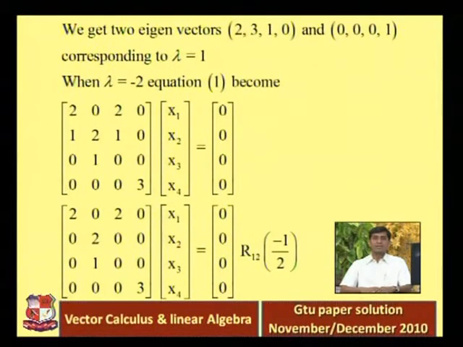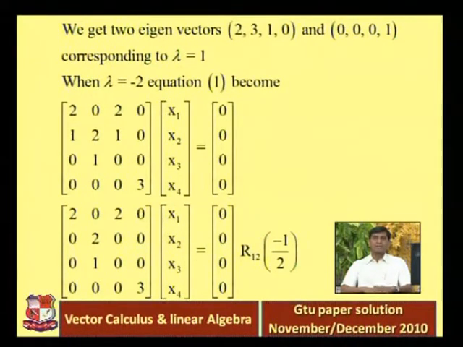The first row is as it is, second row becomes 0, because actually you have to multiply the first row with minus 1 by 2 and add into the second row. That will become 1 minus 2 into 1 by 2, right? The first element is 1, so 1 minus 2 into 1 by 2, so that's why 0. Then 2 is as it is, 0, 1 minus, again 1 minus 2 into 1 by 2, that will become 0 into 0, right? So you can try to understand very easily, just a numerical illustration.